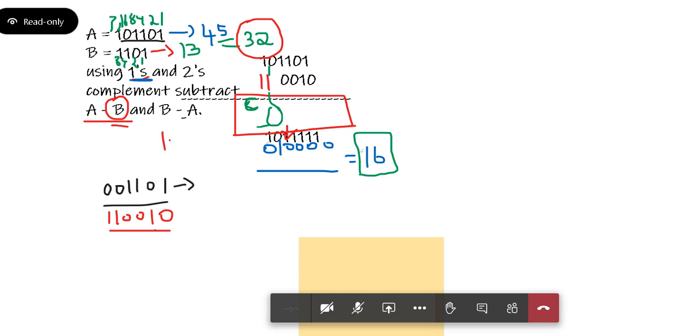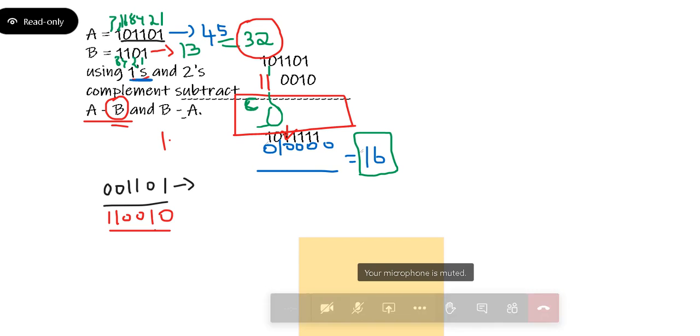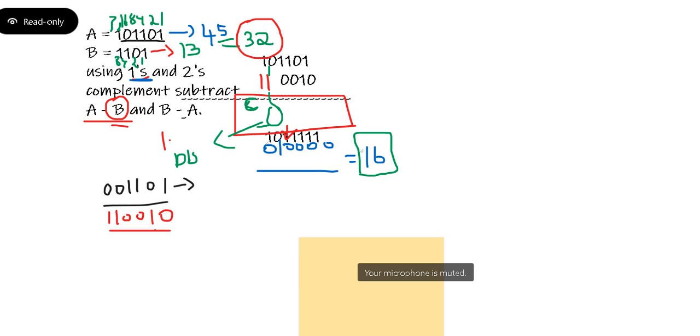Okay. So what is the answer here? It is 1 0 0. So when you get a carry, you can discard this carry. Okay.